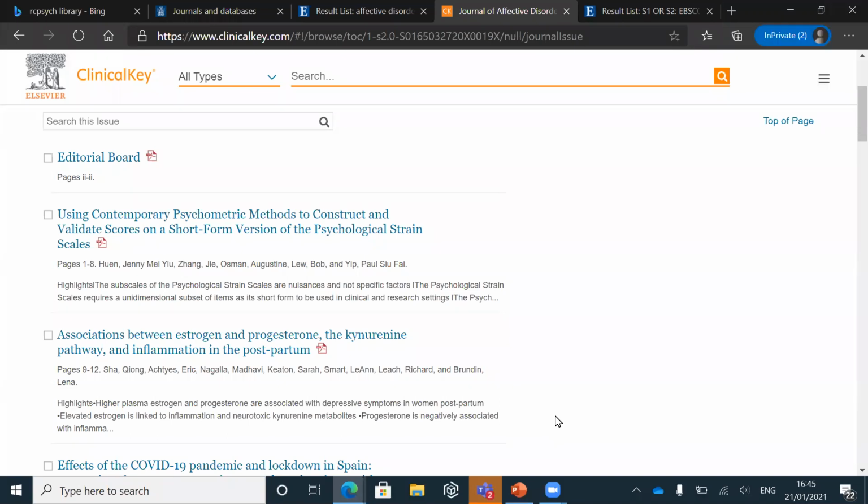Yes, so whichever login you use. So if you were searching on PsycInfo through the NHS or through the RCPsych, the results should be the same. But if you do a search all type option, the results could be quite different because we're providing access to different resources. But if you're searching in a specific resource like PsycInfo, it should be the same.